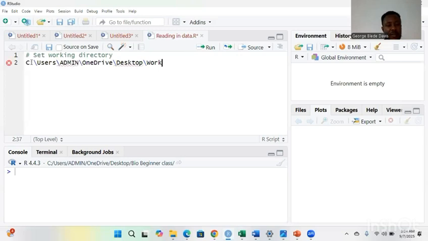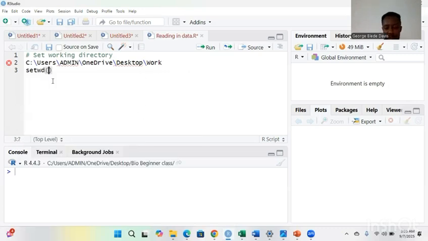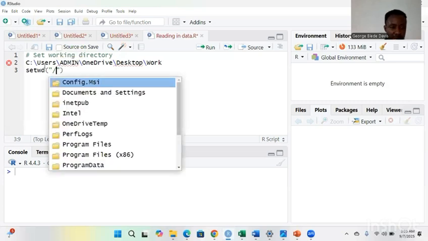To set a working directory, we use the setwd function. In here, we put quotes and we put a /. So you have already set up the working directory call. What you are about to do now is use the tab key to navigate to where you saved the file you want to use. You are directing the software to where the file is located, right? So the first thing, you use the tab key. The first thing that appears here is User, the first folder in our computer where we have the file. You have to go to User first.